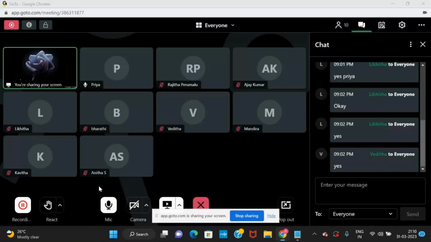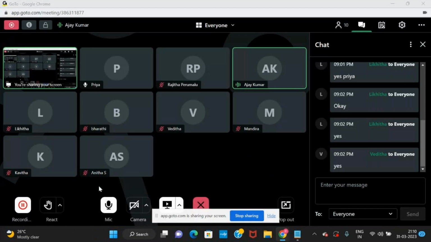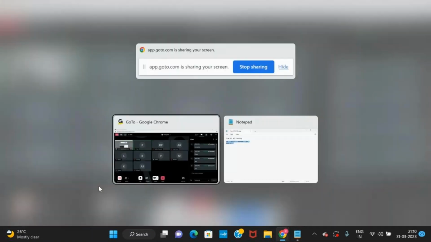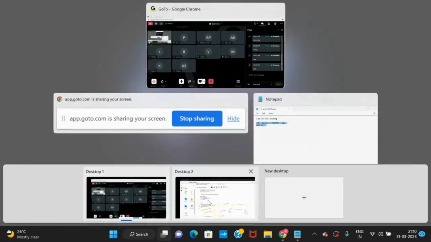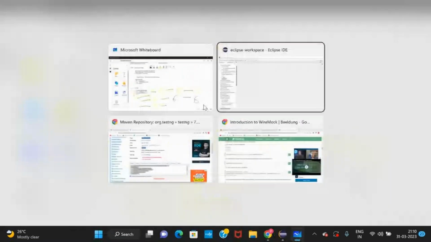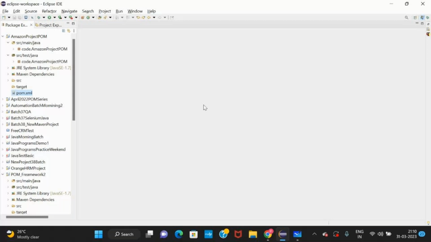Priya, as of now, I'm just looking at it. I will do it later. Okay, fine. Rajita, Vedita, Anita. Yes, looking at it, everyone. Yes, Priya, I'm trying. Okay, good, fine. If you are confident, try it, or else you can do it in the daytime also. But do it today only, guys, because you will not remember so many things. Okay, fine.